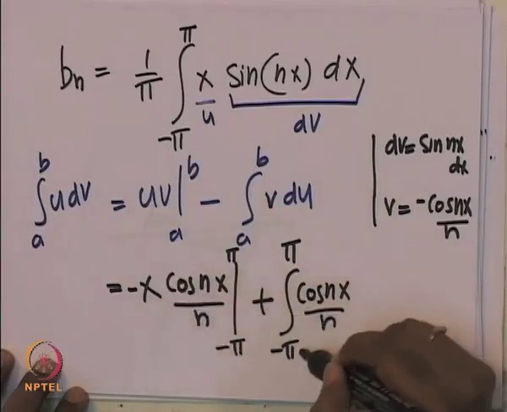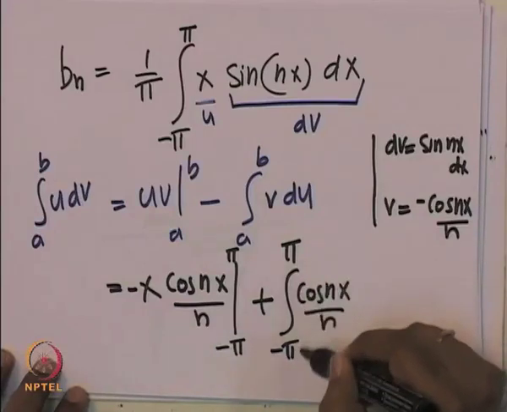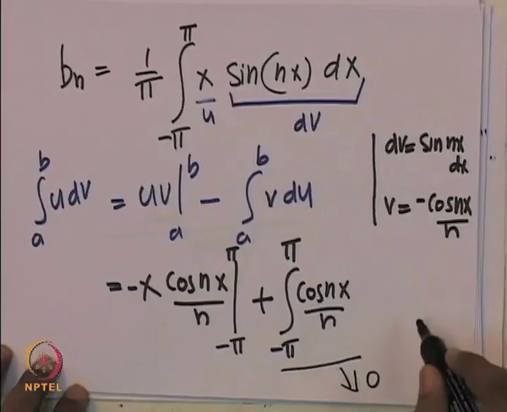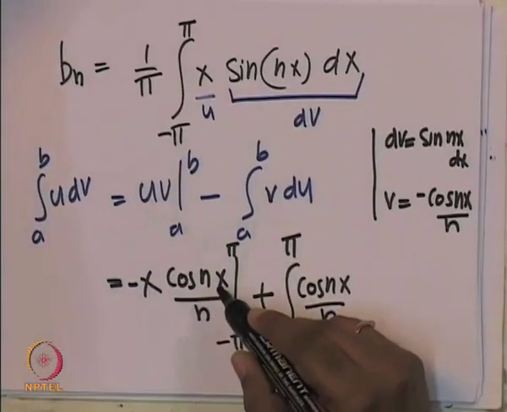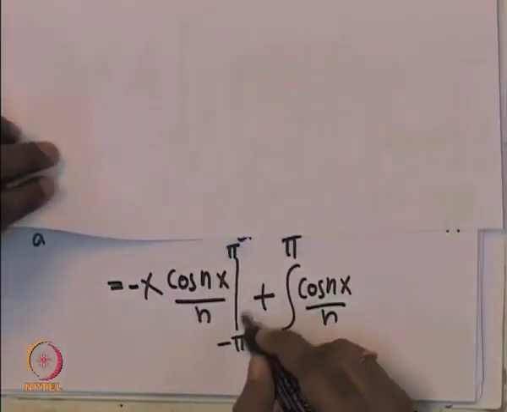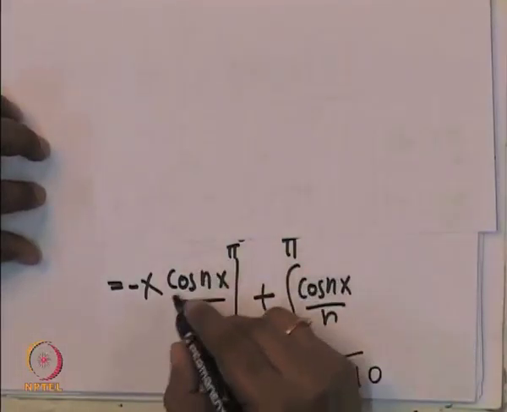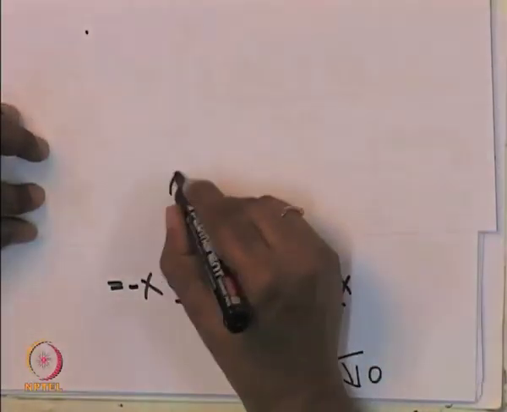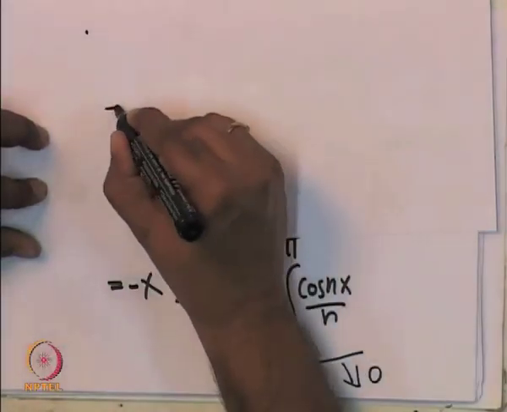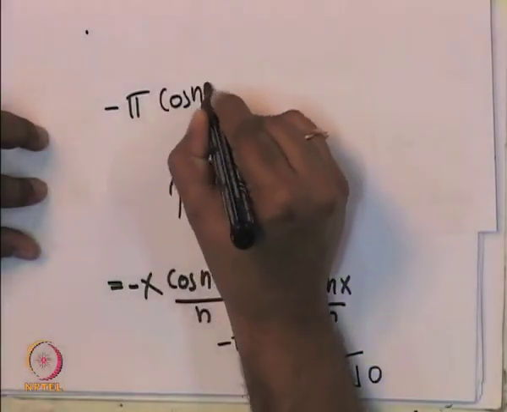You can do this term, actually if you want you can do this, you know the integral of cos n x will be sine, and sine in the limit, sine n pi is anyway 0. So, you can see that this is going to 0. Now, what you have is this particular term, which is minus x cos n x by n in the limit minus pi to plus pi. If you apply the first limit, which is pi, that is you substitute pi instead of x, it is like minus pi cos n pi by n,